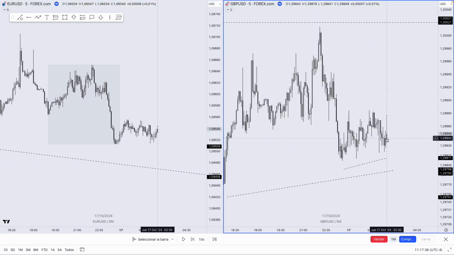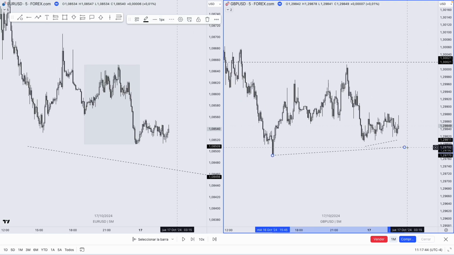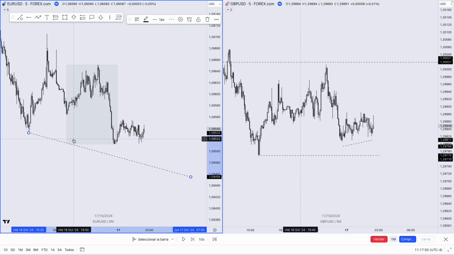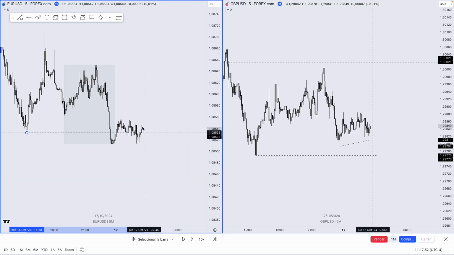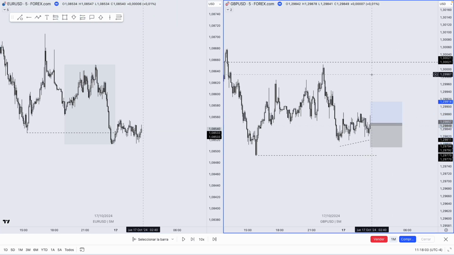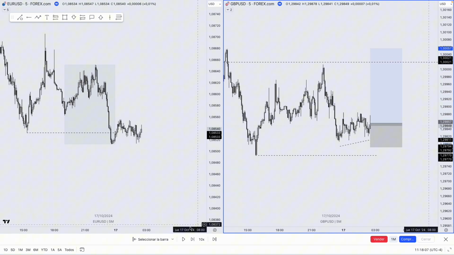So in a normal circumstance, I would have targeted this, which was the previous day low. It looked like the most obvious strong liquidity. What happened is that seeing how Euro had already taken it made me doubt, and I thought, okay, this daily low is going to stay intact. So what I did was buy around here, and my stop loss was down here. Take profit was at this high, I think.